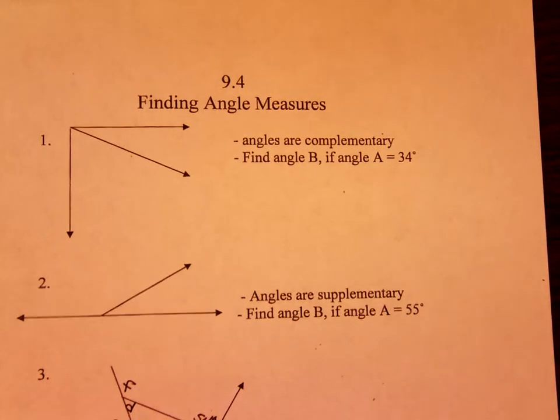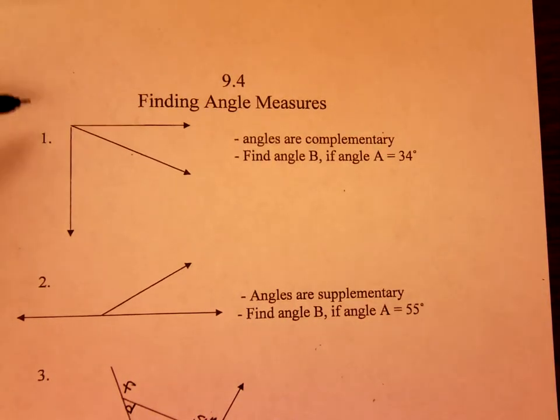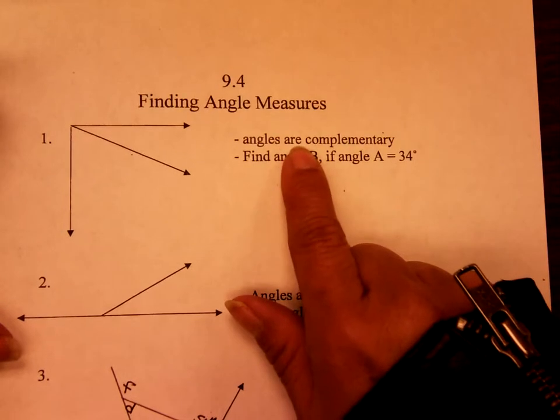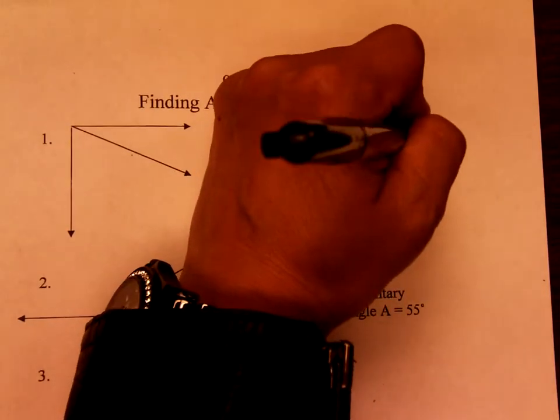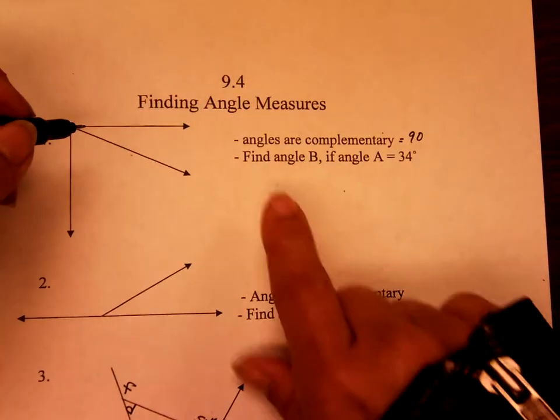Okay, so today's lesson is 9.4, finding angle measures. In the directions it says angles are complementary. You should know that complementary angles are two angles that equal 90 degrees. So here you write 90 degrees. It says find angle B